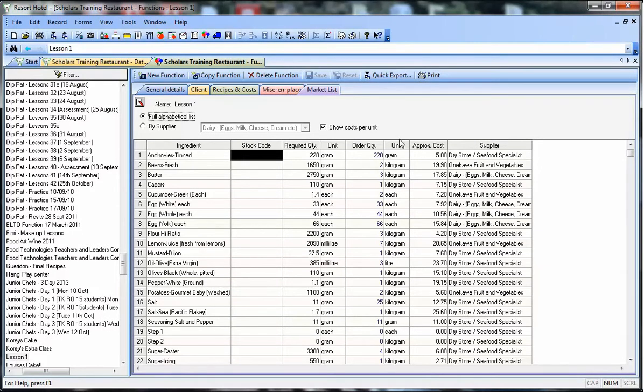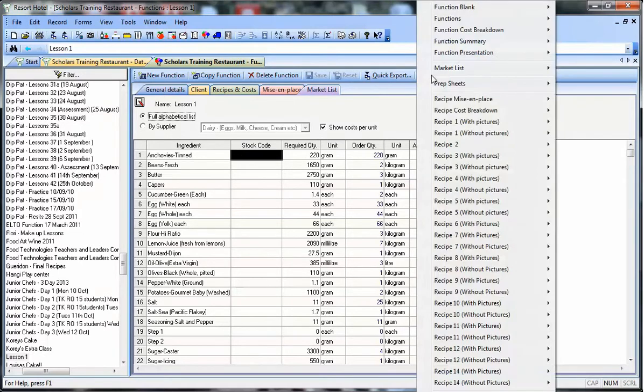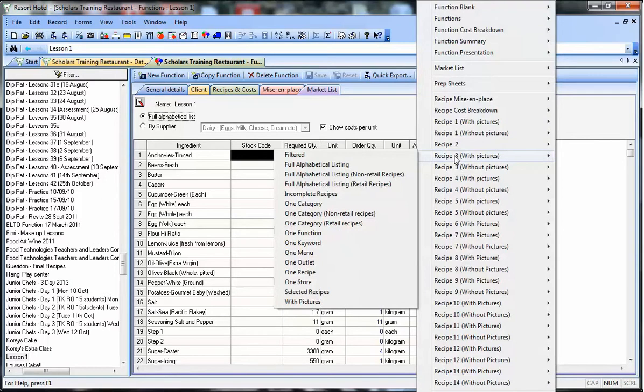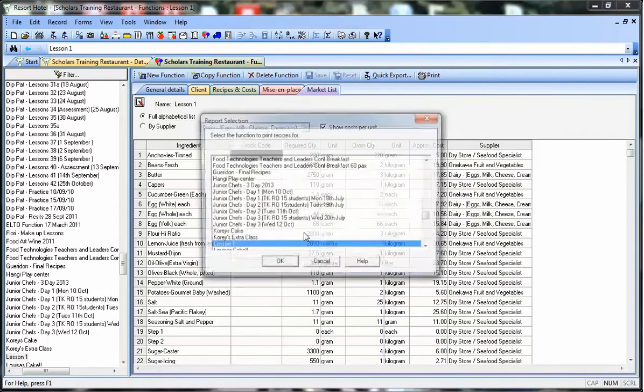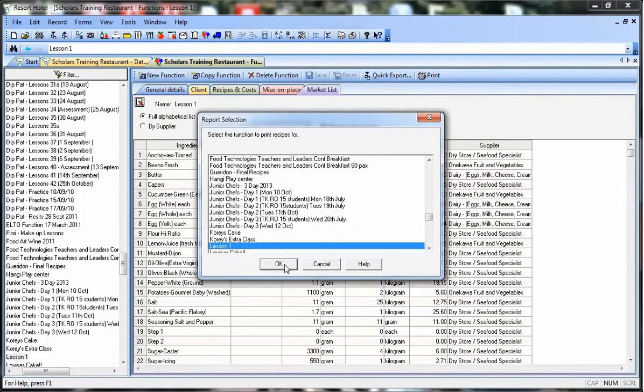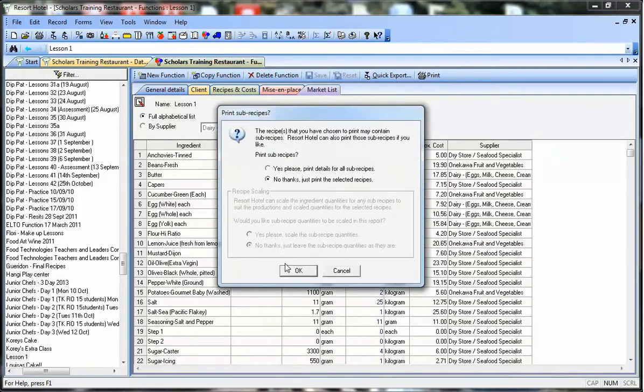For your lesson, and to attach to the market list, is the recipes. So we go into print again. Recipe 3 has all the costings associated with the ingredients in the recipes. As for the rest, I suggest you just play around and have a look at what they produce, all different sort of styles. So recipes 3, one function, it'll default to the lesson. Here you do want to print the sub recipes because this is going to be the